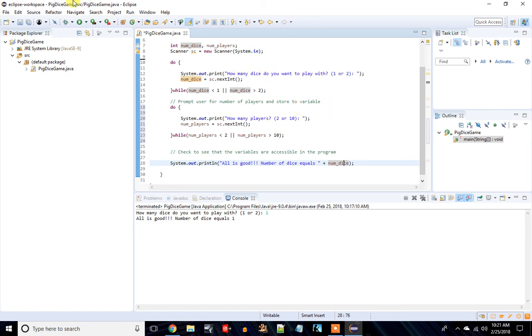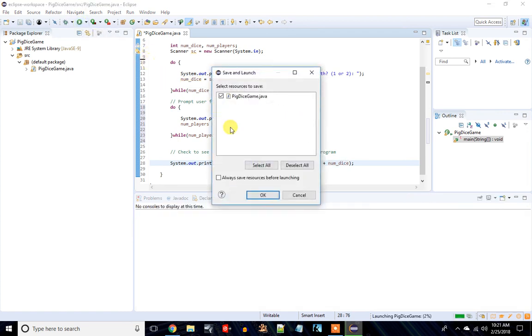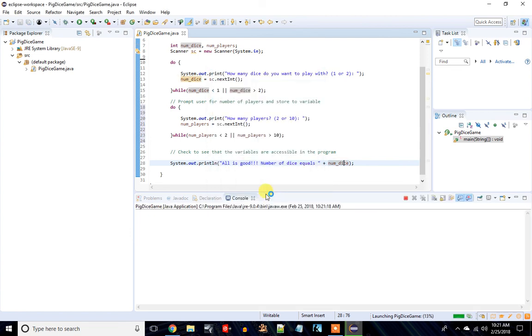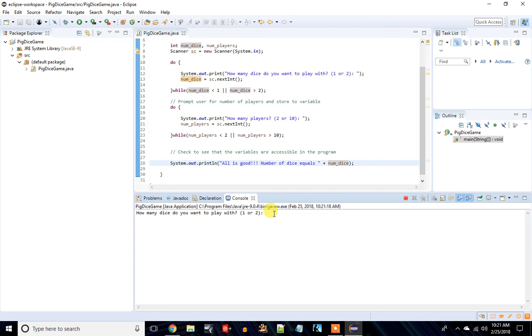So we just go up here, we click on the play, click OK. We got to enter our number of dice, so we'll say 2. And how many players? All right, so I'm going to say 5. No, actually, we're going to go with 1 first to make sure that it prompts us again for how many players. So 1,